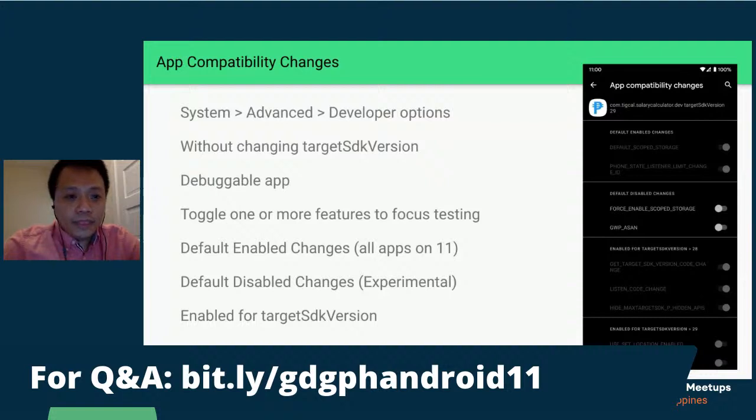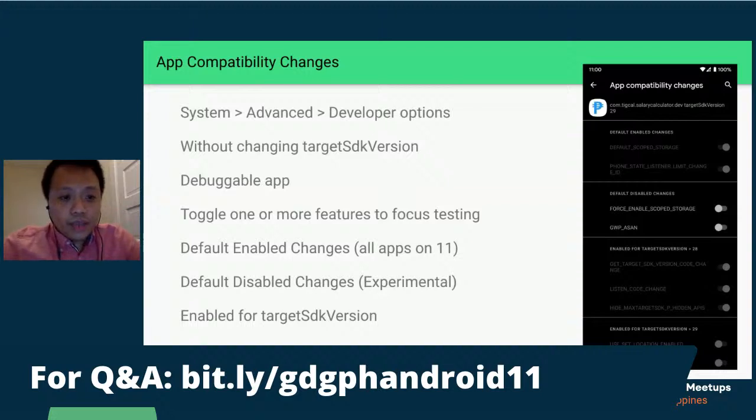And with app compatibility changes, which is a developer tool, without changing our target SDK, we can preview what is going to happen to our app on Android 11. So for example, we run the app as a debug version, or we just need to set it as debuggable.